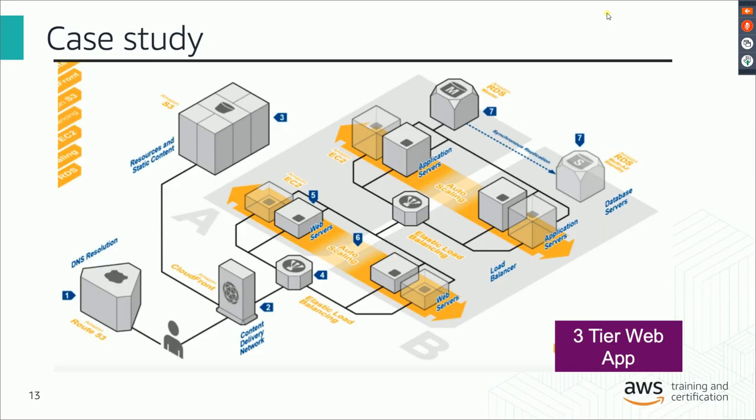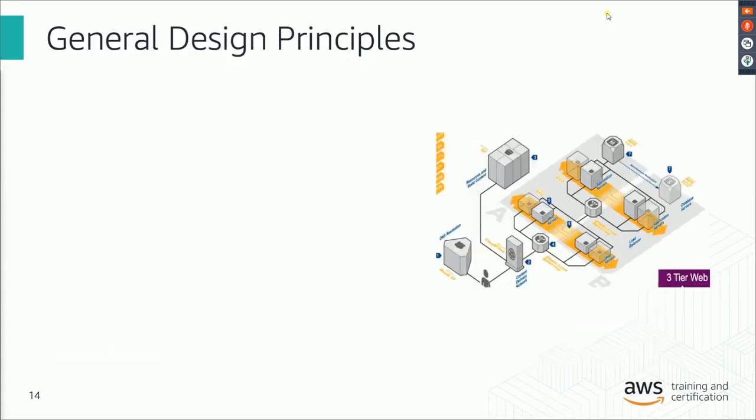Next, we want to quickly get into specific areas of the design principles we talked about. How do we get started? Taking this as a reference architecture, how do we apply the general design principles that we understood from a well-architected perspective to this? The first and foremost is stop guessing capacity. This is for the solution architects. How many times have you been on a call where